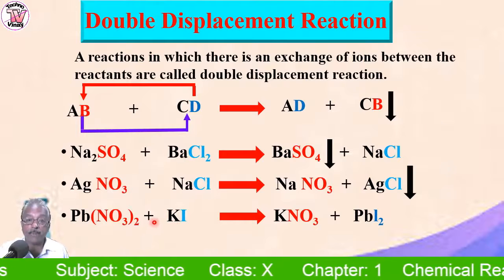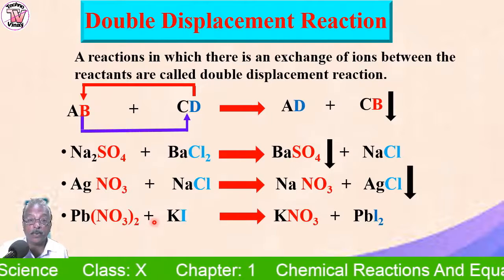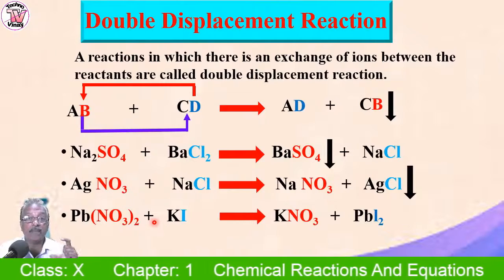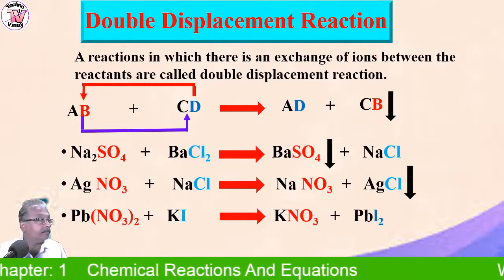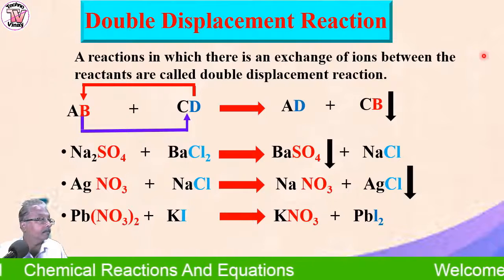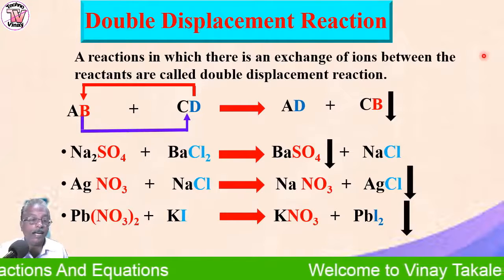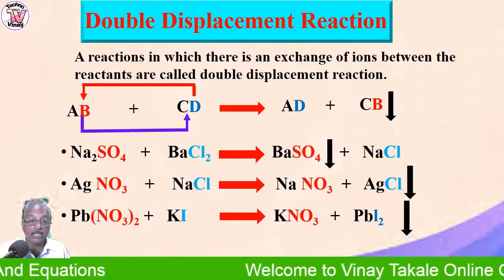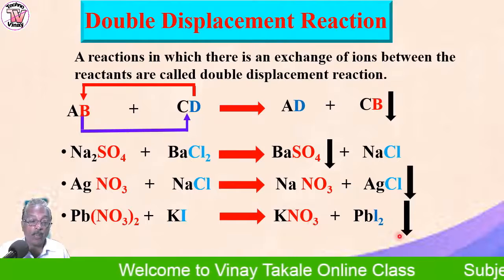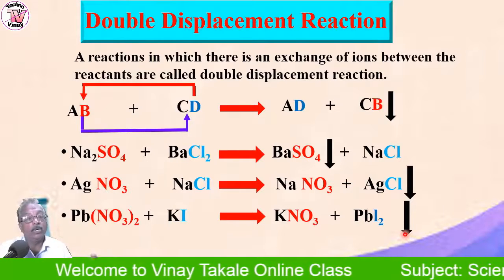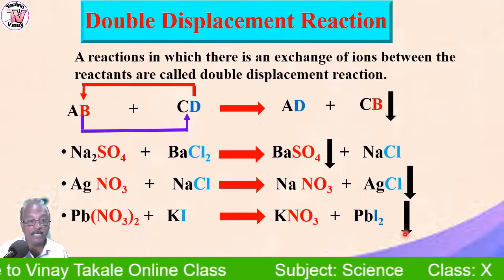I had prepared a solution by adding water, and when I add potassium iodide to lead nitrate, what could you see? You could see an orange color precipitate of lead iodide. So in a double displacement reaction, there is exchange of ions among the reactants, as well as formation of precipitate. Follow, no? So double displacement reaction is also known as precipitate reaction, that we are going to see next.